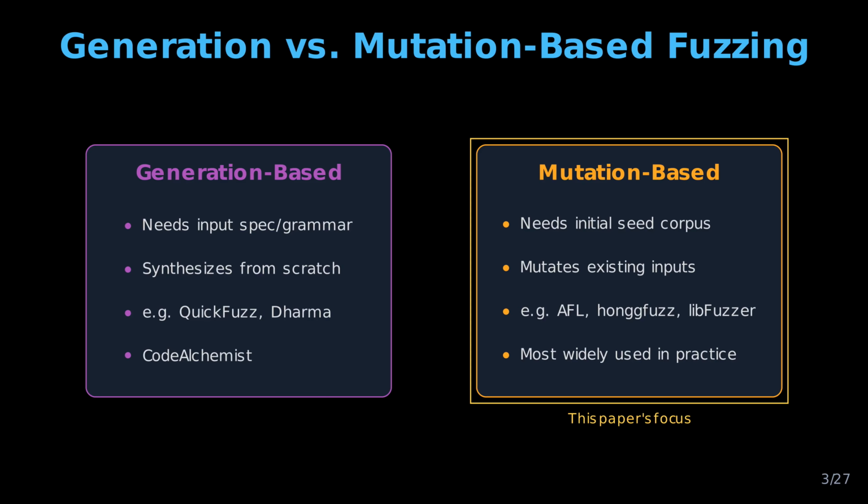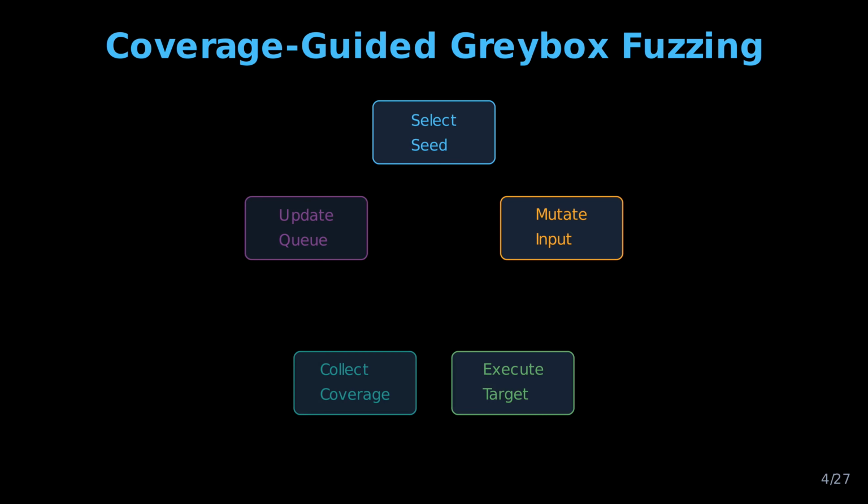This paper focuses specifically on mutation-based gray box fuzzers, and the gray box part here means that they use lightweight instrumentation to collect code coverage feedback during their execution, which guides the fuzzing process towards exploring new code paths. Here's how the gray box fuzzing loop works. You start with a seed corpus, your initial set of input files, and then the fuzzer picks a seed from